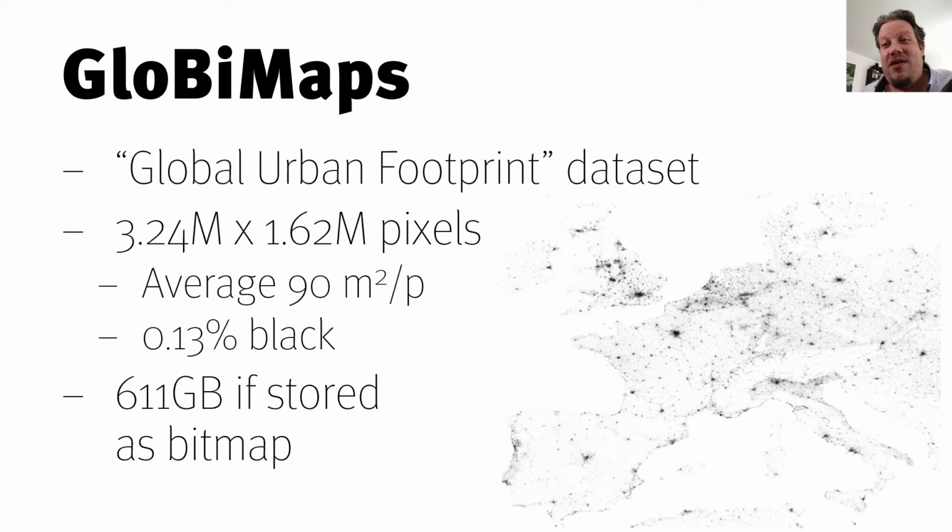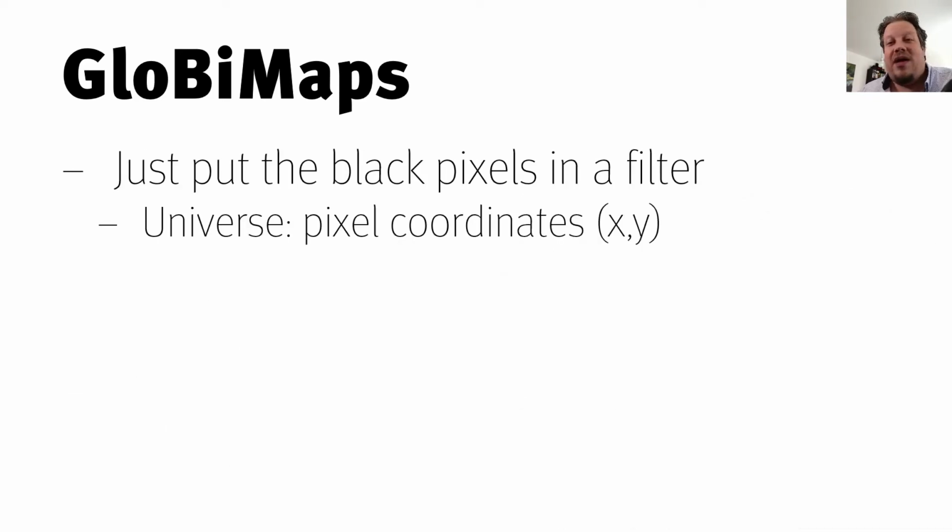And the idea is extremely simple. We just put the black pixels in the filter as a set membership data structure. So my universe is all possible pixels that could be black. So it's the entire image. This is the millions by millions of pixels. And if I would store it in a bit set, we were talking about this 600 and something gigabyte bit